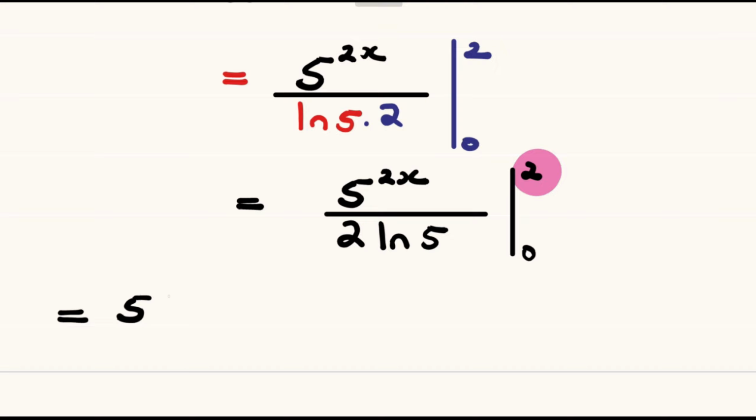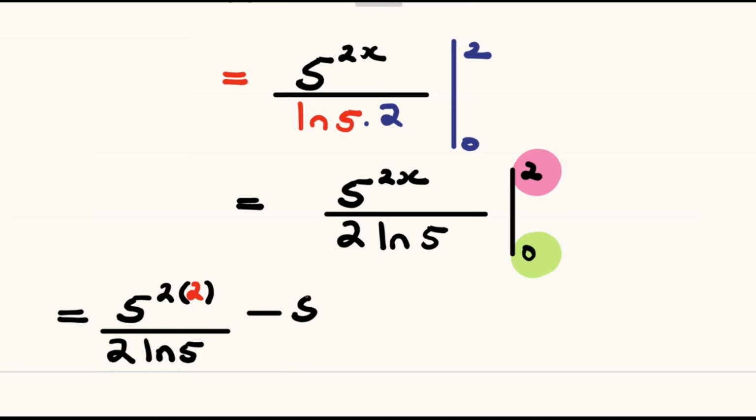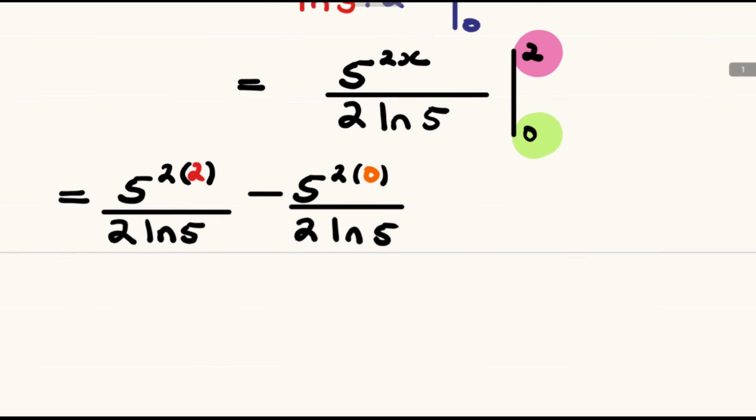So we'll have 5 raised to the power 2 multiplied by 2, 2 in the place of the x, and this will be divided by 2 multiplied by the ln of 5 minus, now we substitute the 0, so we'll have 5 raised to the power 2 into the 0 in the place of the x divided by 2 multiplied by ln of 5, and this will be equal